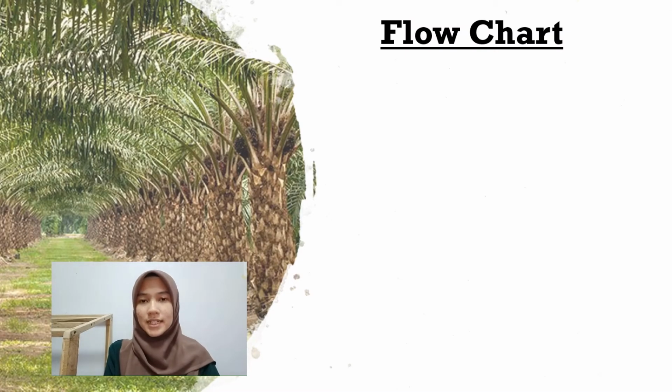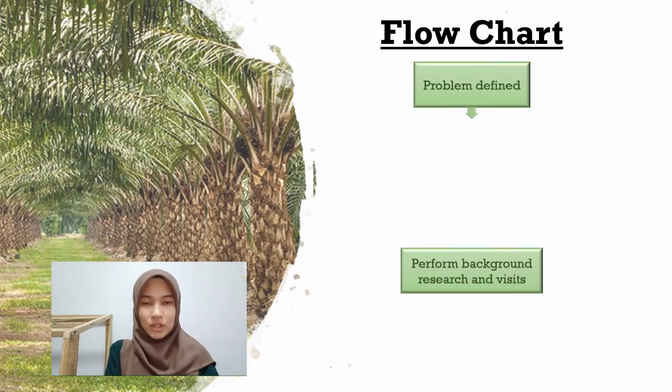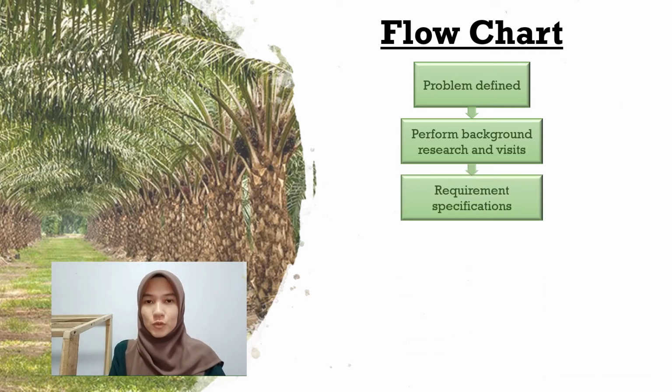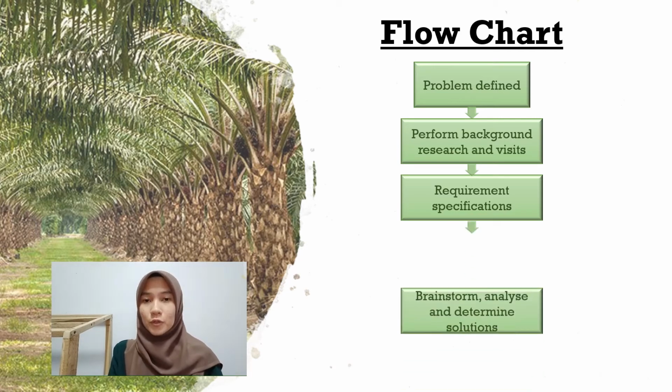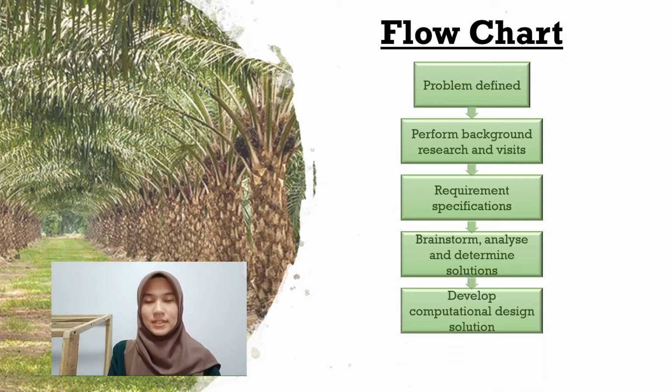The process of the project starts with defining the problems and doing some visits with background research about palm plantation. Then, the requirement specifications will be gathered, followed by brainstorming, analyzing and finding solutions. Next, the process is the design solution and stress analysis